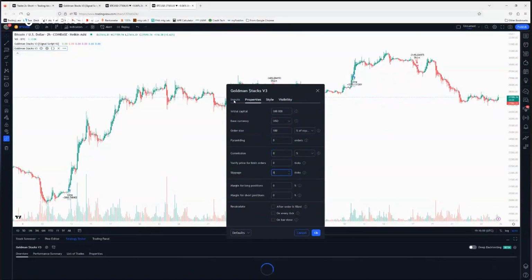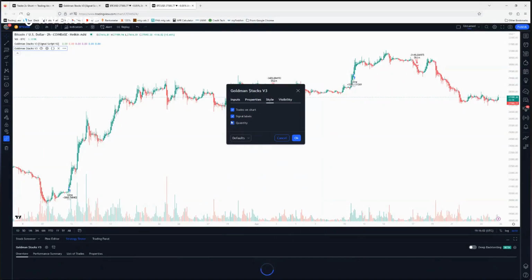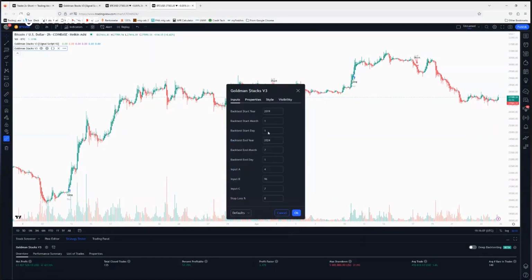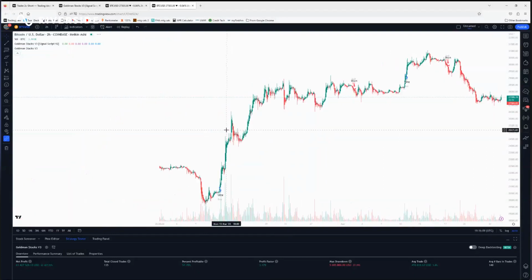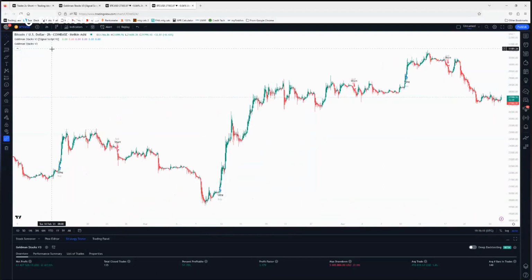Check off quantity. It's not really needed. Okay, all right. I'm going to disable volume. I don't need that. You'll know that it's working correctly when the